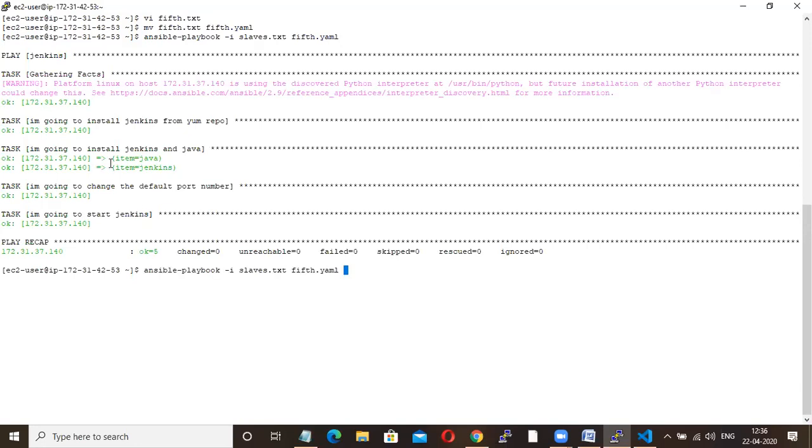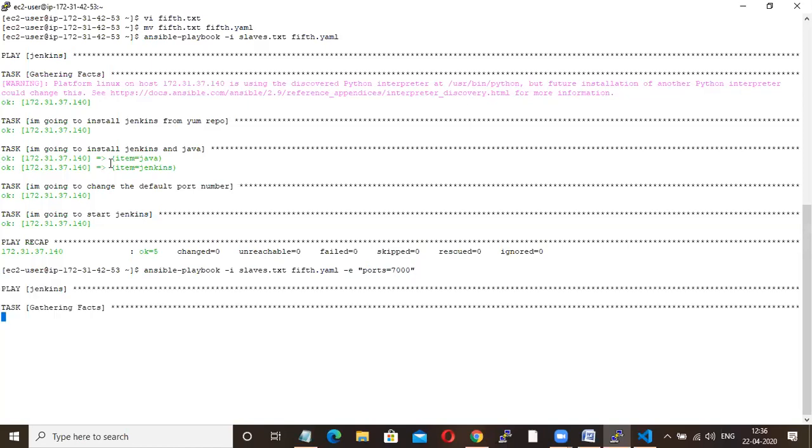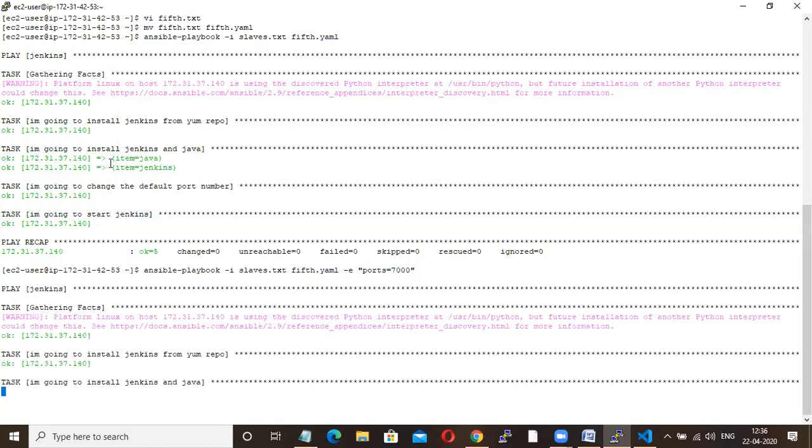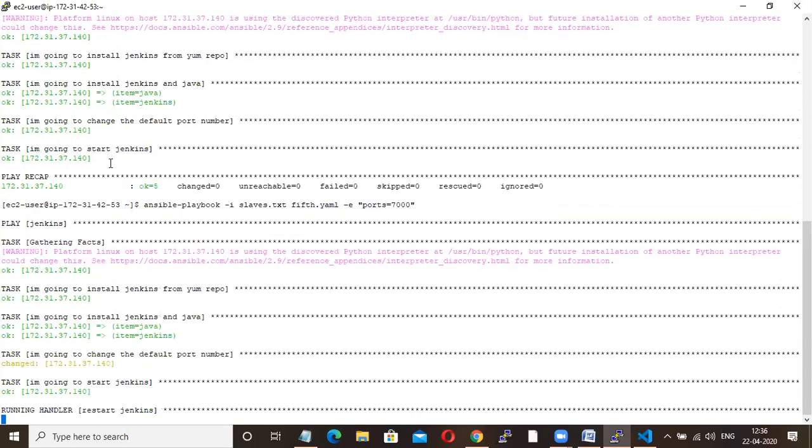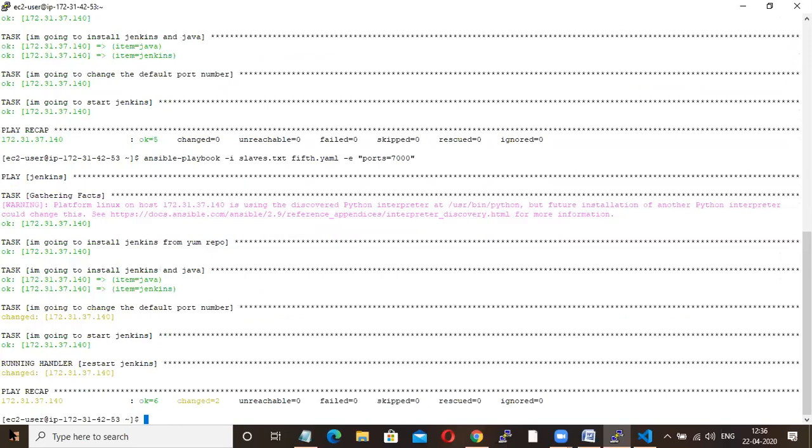Now -e is for passing a variable. I'm going to change the port number to 7000. Now your handler will be called. Here now you are getting the handler.